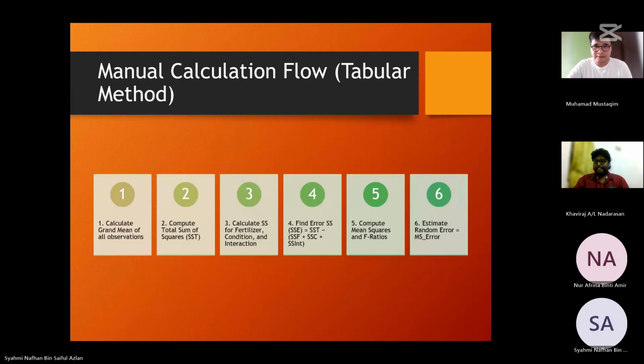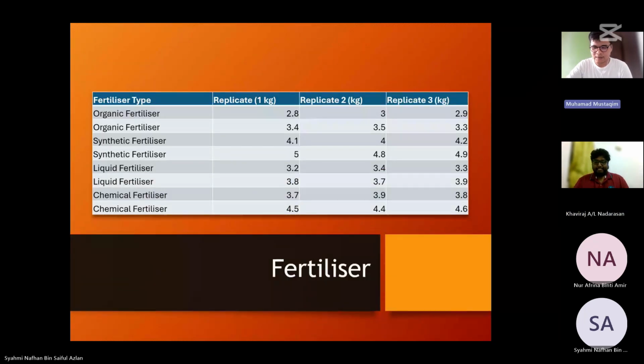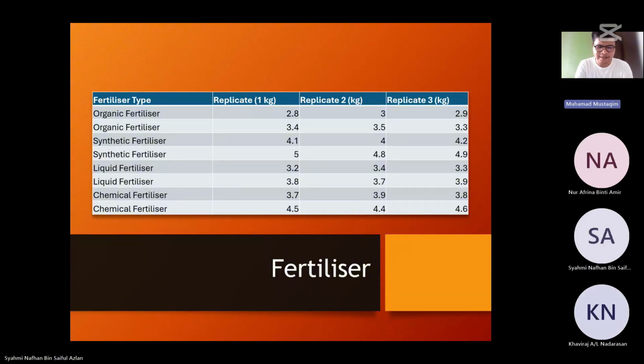Hello. So now I will elaborate on the results obtained from problem 2. Here is the table specifically for fertilizer. As you can see, we have 4 kinds of fertilizers with the replicate data. Moving on to the next slide, we can also see